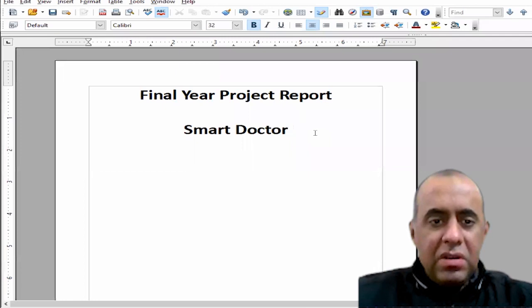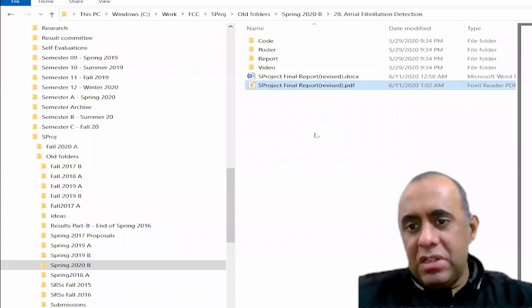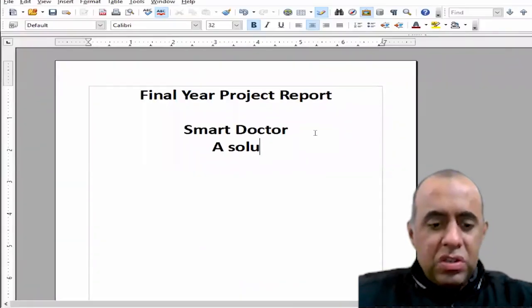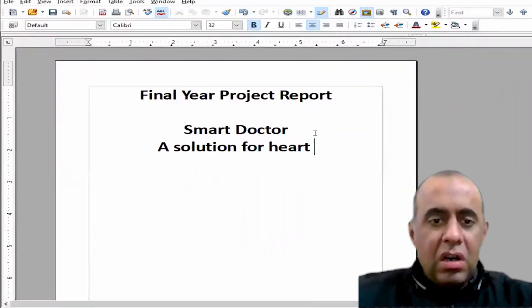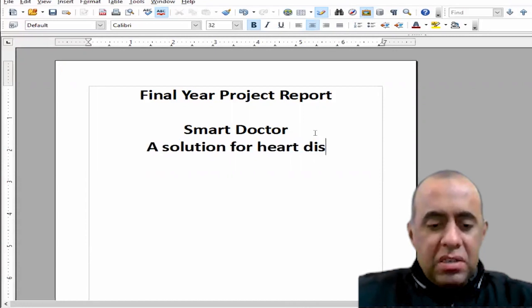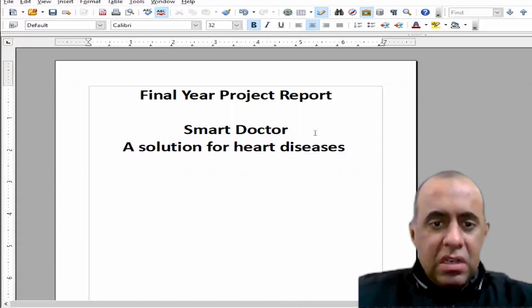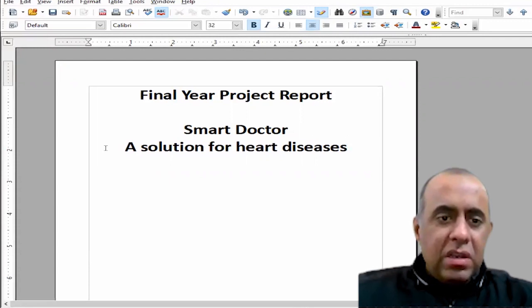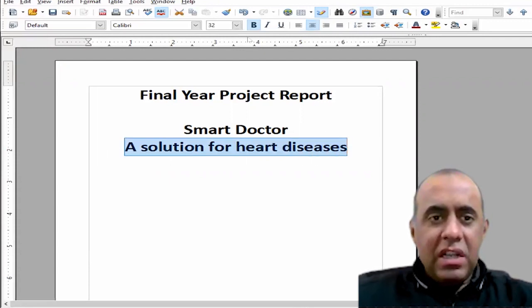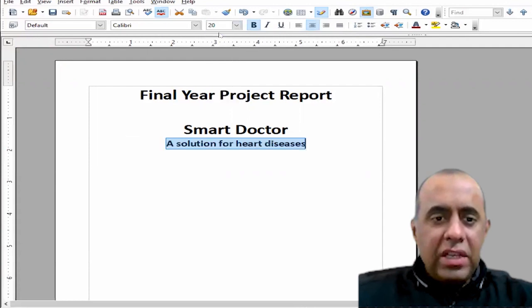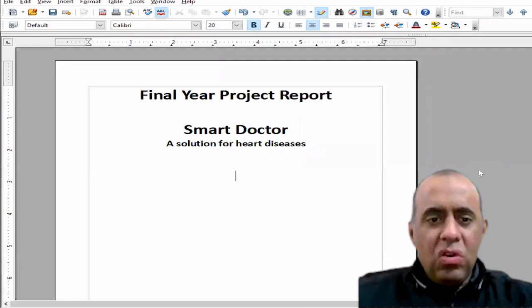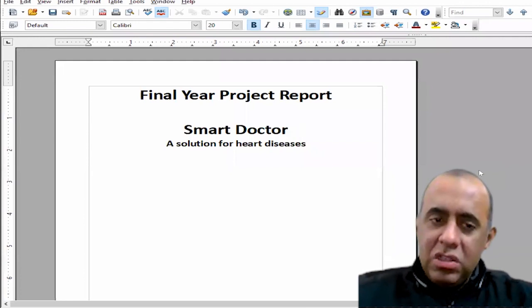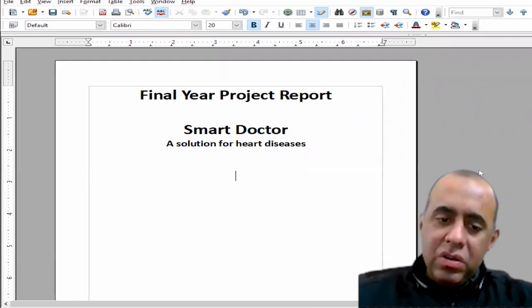And then add a little description, like they added a description, a solution for heart diseases, right? And now change the formatting of the second line to text size 20, right? Then you go on to the next lines. So one of the things you must remember in order to make all of this is that